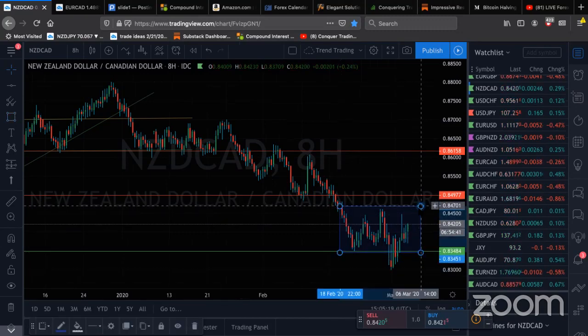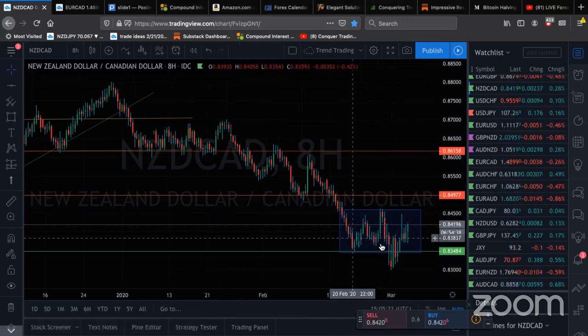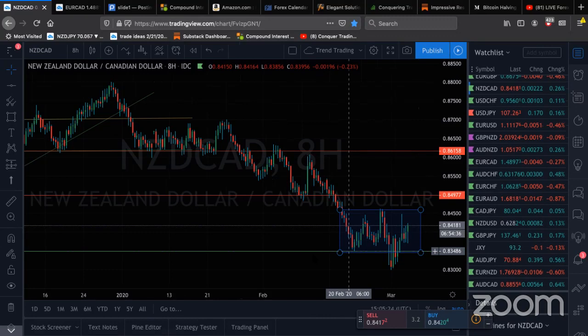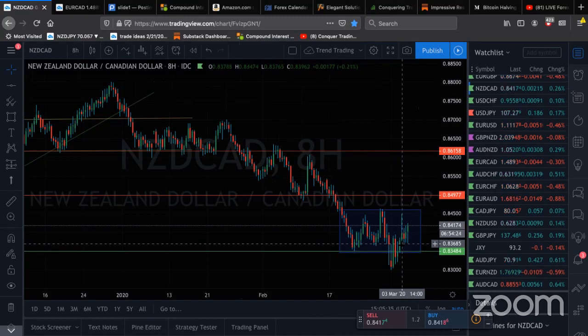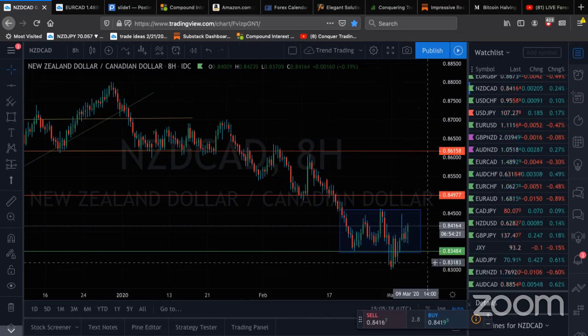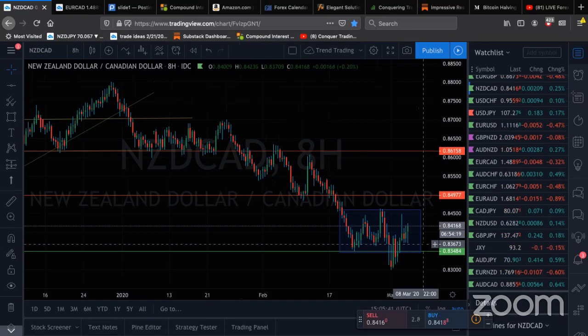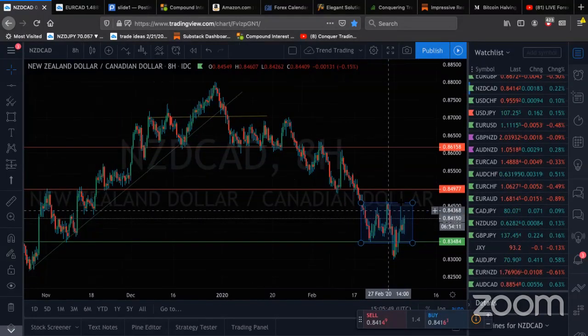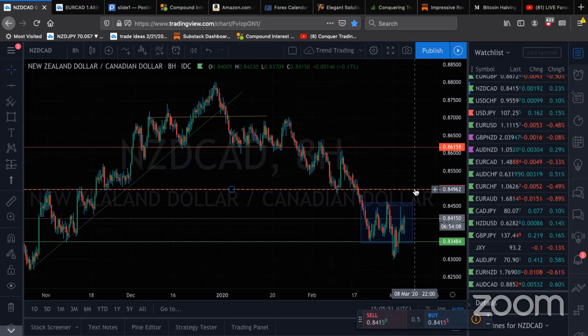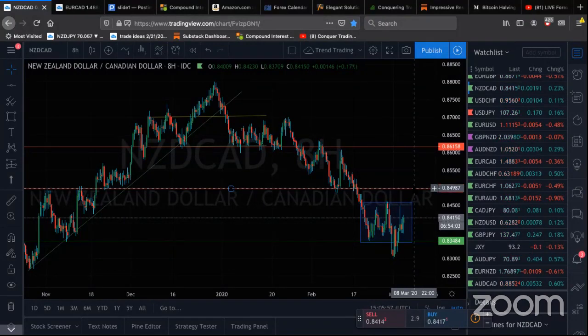We're just stuck. This is consolidation, right? Now you did take out below this support down here. You could see that price traded down below it and never held. So that's a bullish sign, right? However, right now, I think the New Zealand dollar, which has just been wrecked, is just retracing a little bit. It's still consolidating. I think this line over here is pretty important, right? And if you were to regain this to the upside, then you could think about taking longs,